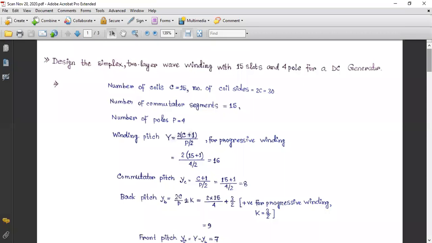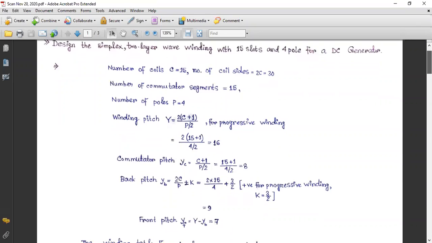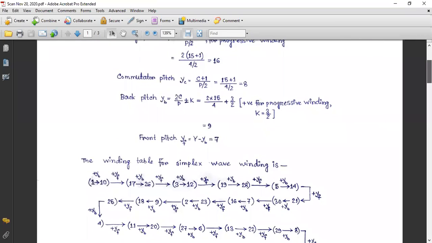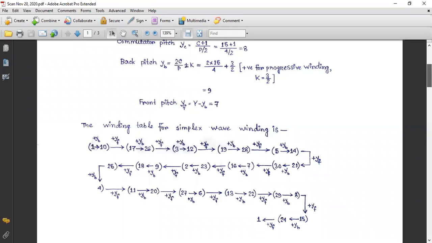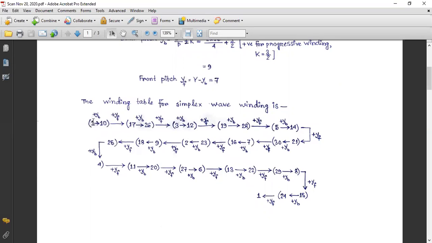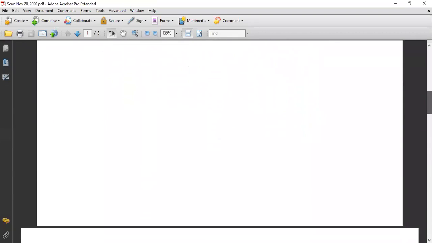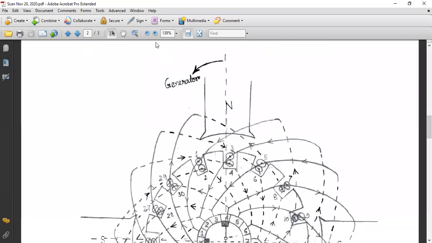He has done this, and first he has calculated all these parameters which will be required for the winding, and I think you have understood this part. First we have started with winding pitch, commutator pitch, back pitch, and then front pitch. Accordingly, he has made the winding table, and that we have already discussed in the class. So here you have the back pitch, then front pitch, then back pitch, then front pitch, like this. We have made the table, and then first, as I told you,